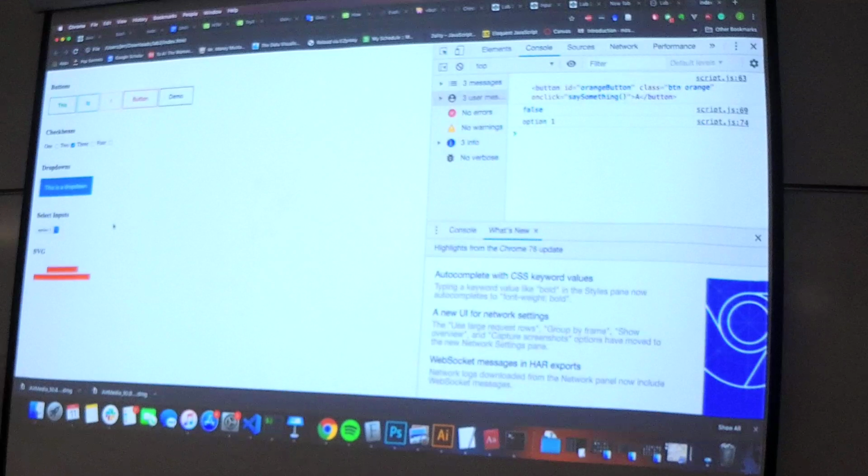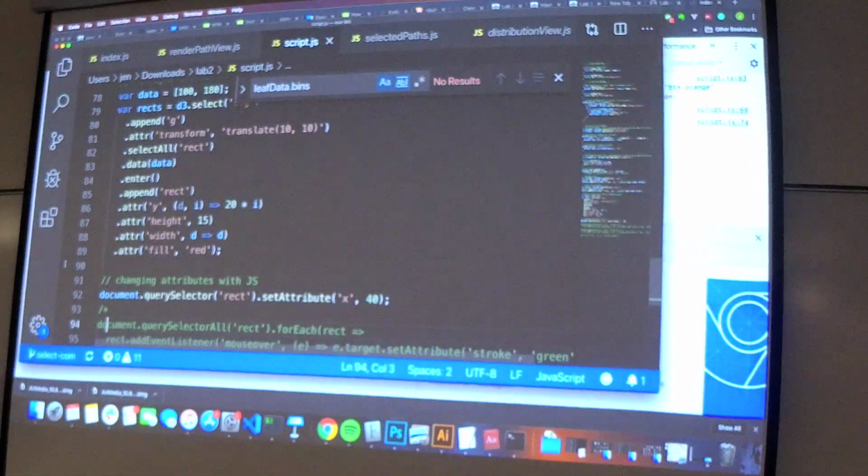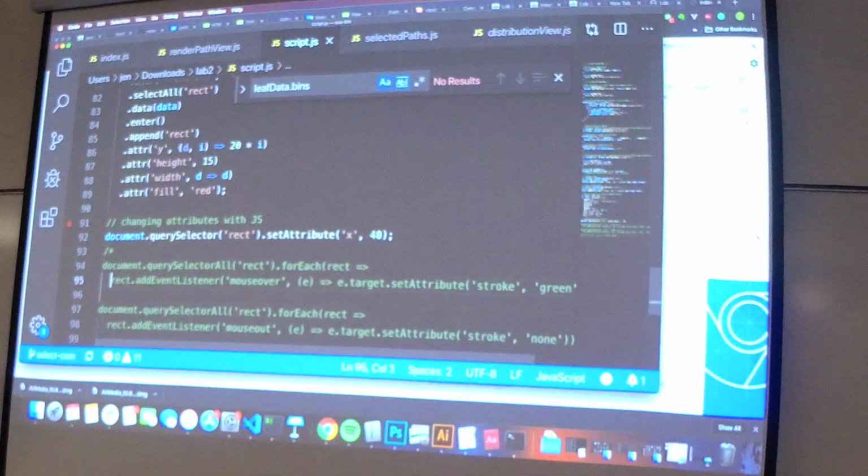So we have basically two rectangles appended, and we only selected the first rectangle here, and then moved its x value to 40. So you're going to need to do the same thing with your first bunch of the insert thing. You have to set the attributes of the HTML with JavaScript as I'm doing here, so this will be helpful there. And then here we use